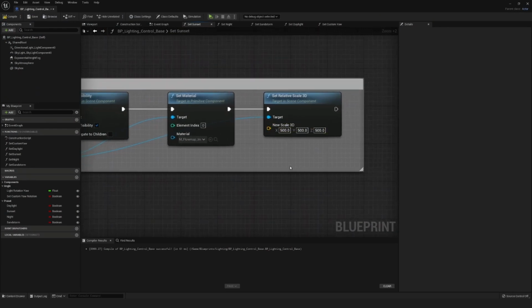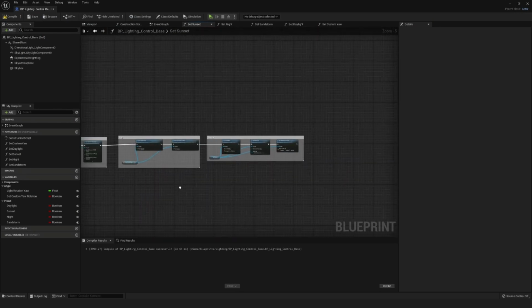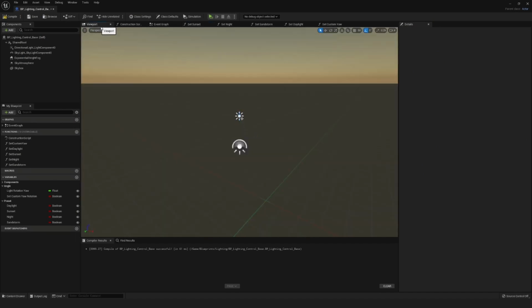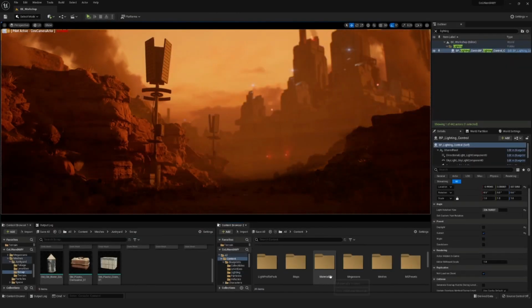And then I also found that, if you just want to play around with the scale of the skybox to affect the size of the clouds or anything like that, you can also set the relative scale in 3D for the skybox. So that is pretty much it for the time of day presets. Like I said, it's quite simple, but I think it's very effective for look deving and setting a sort of visual target. So if I was to go into my maps folder over here,